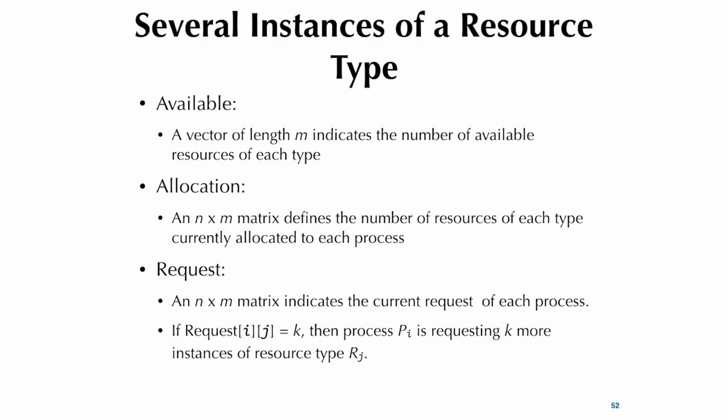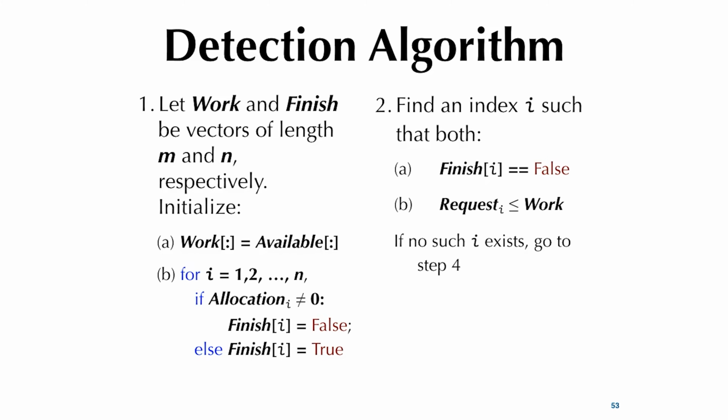Request is new ones coming in. You have to keep track of the number of instances that each process wants to request per type, so that's why it's a matrix. And this looks a lot like the safety algorithm we've seen. So work and finish. Work is really a copy of available. Finish is a Boolean to see if you can pick a process and then satisfy all of its requests based on what's available.